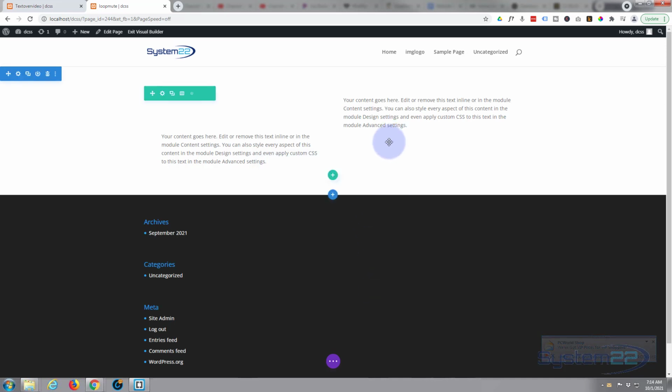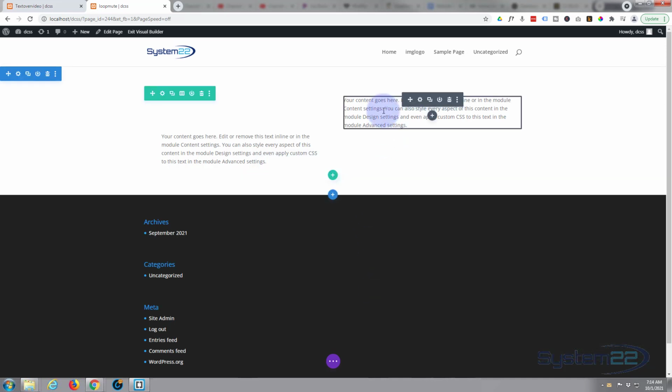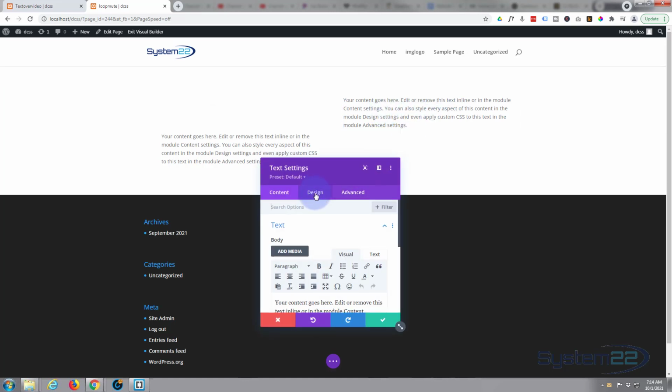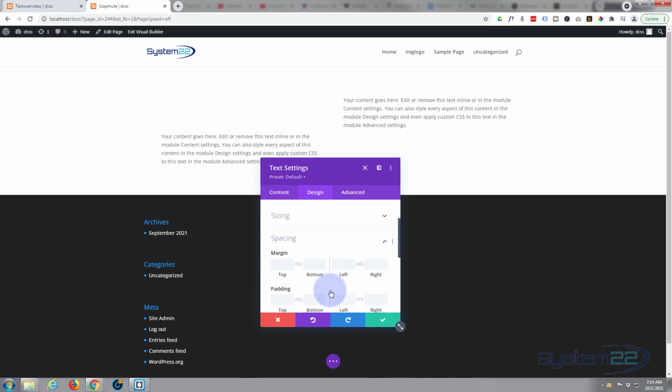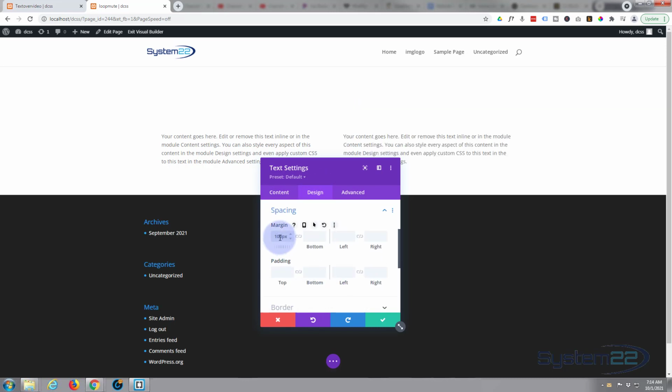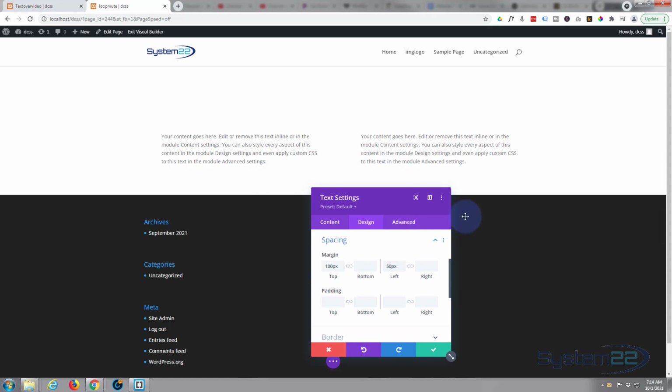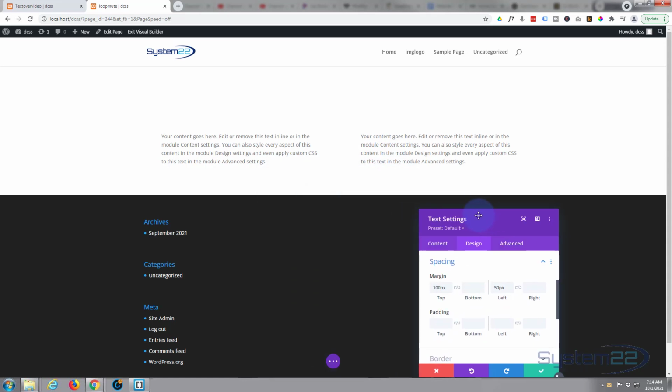Okay, we'll do the same thing now for this one on the right, but we'll use margin instead of padding. I'm going to go in, design tab, spacing, margin this time, 100 on the top and 50 on the left. Now to me, they look like they're doing exactly the same thing, and they are pretty much. But if we go in